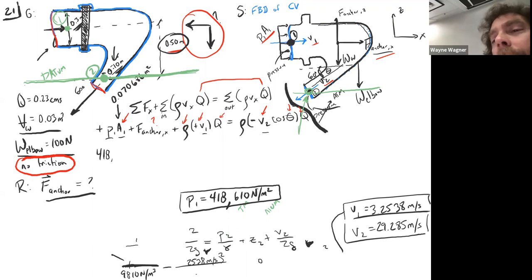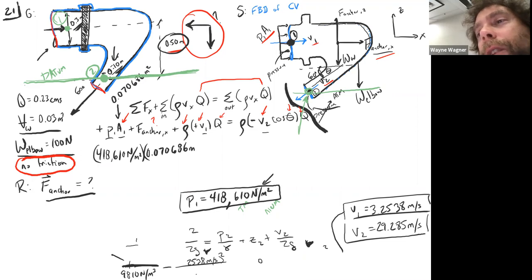So this is something to be careful of. A lot of times they'll give you your pressure in the pipe because they'll say, we don't want our students to spend the time doing the Bernoulli. We've tested the Bernoulli already. We want them to spend time showing us they know how to do the momentum equation. That's fine, but they'll give it to you in kilopascals. So just remember, when you do that, all these other terms are going to come out in just newtons. So you want to make sure that you get back to just regular pascals. Okay, so we need that area